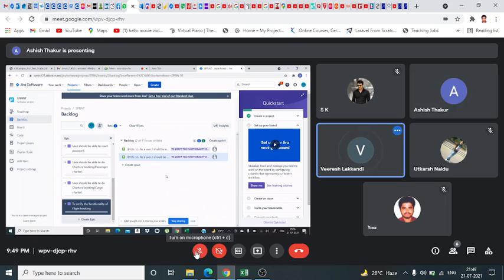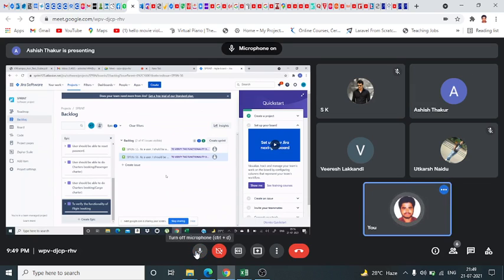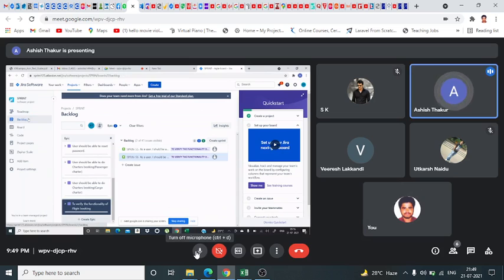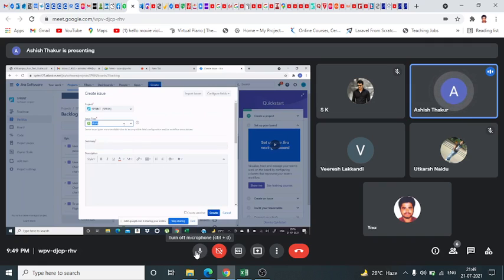You understood what the process is? Very simple. Basically, first we have to do the epic portion. Then we click on create issue. First you go to the backlog option, then click on the create option. First you make an epic. Only one epic is left, I have created the second last one, the confirm booking.